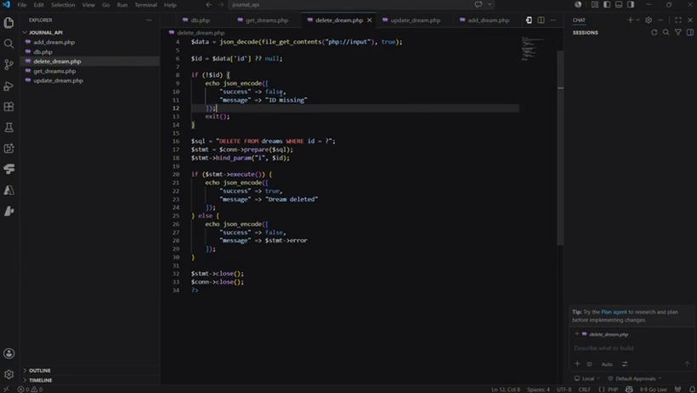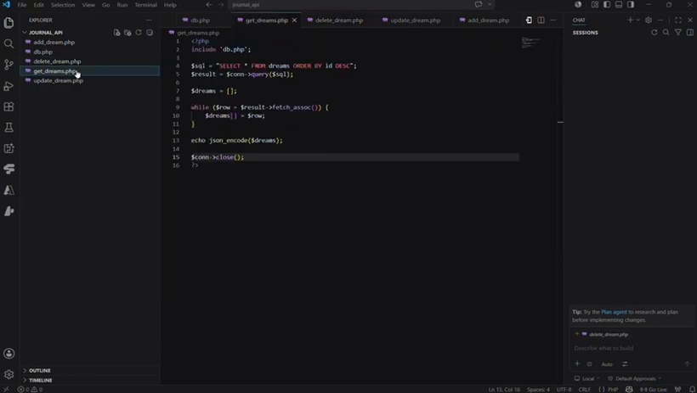get_dream.php. This PHP script retrieves all the saved dreams from the database and returns them as a JSON array. The records are ordered from newest to oldest, so recent dreams appear first in the app. So the last code is